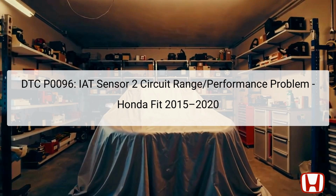The Diagnostic Trouble Code, DTC P0096, indicates an issue with the intake air temperature, IAT sensor 2 circuit, specifically a range or performance problem. This error can affect the vehicle's powertrain control module, PCM, which relies on accurate temperature readings from the IAT sensor